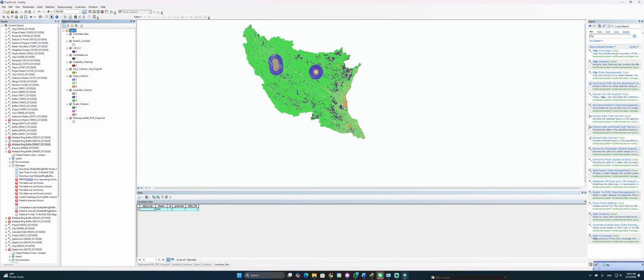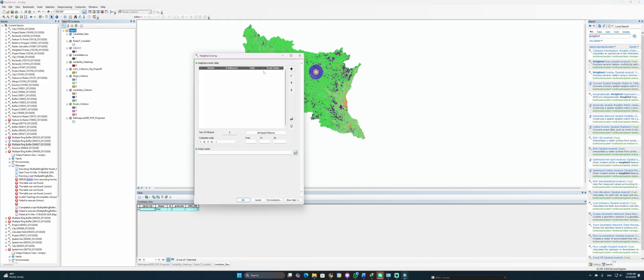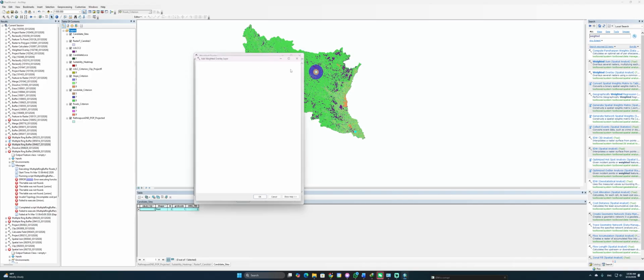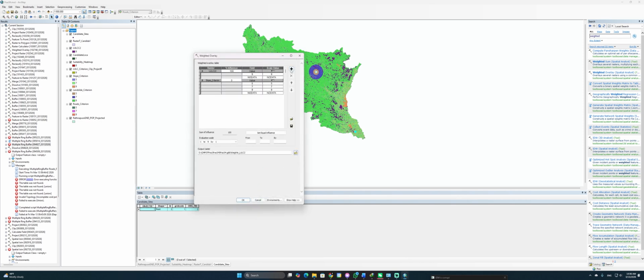Remove this one as well. So I have like another more location. So now I can do the weighted overlay. Again, I will add this time LULC 2 raster. Then I will add the LULC slope equation,